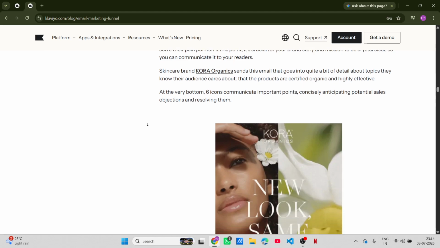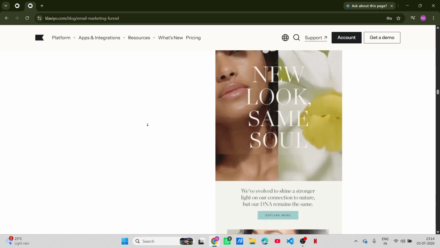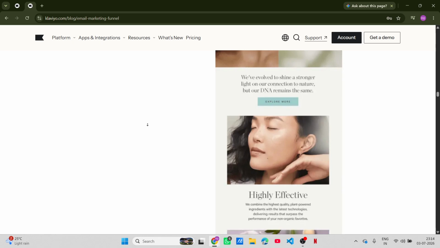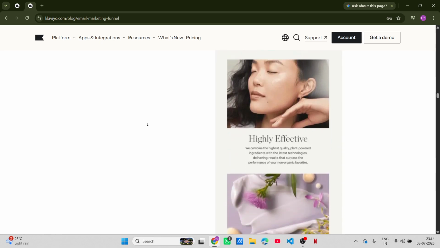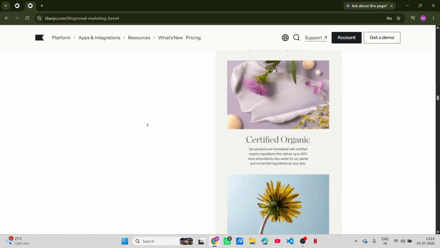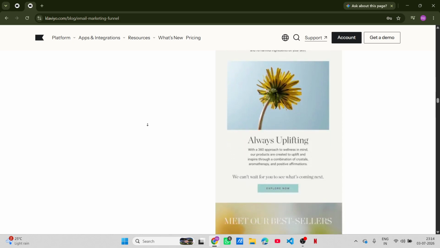Once you select Email, you'll be directed to a screen where you can either use a pre-built template or create your email from scratch. I recommend starting with a template, especially if you're new to design, as it saves time and effort. Choose a template that resonates with the message you want to convey, then customize it with your branding,